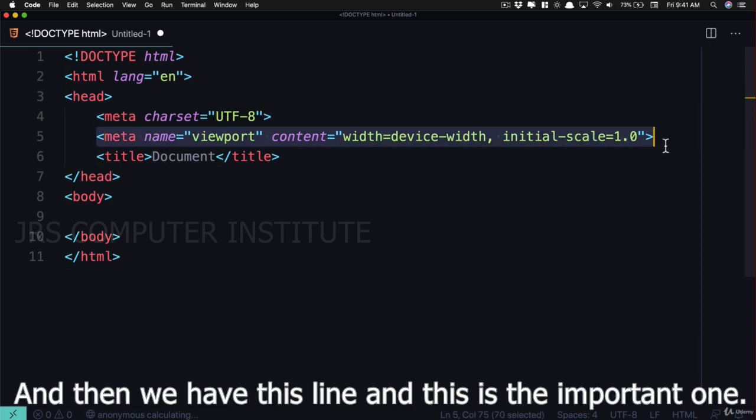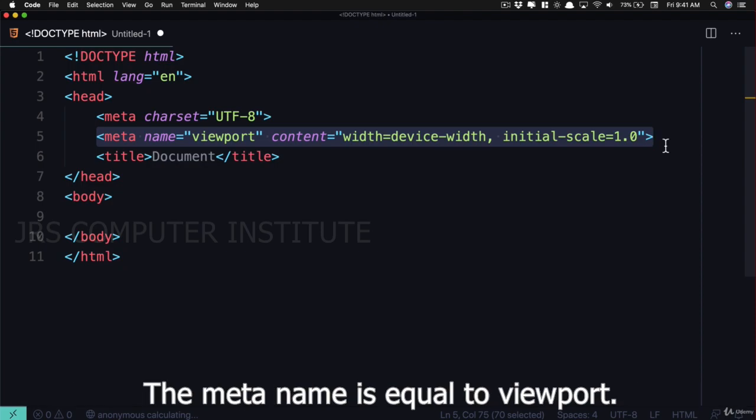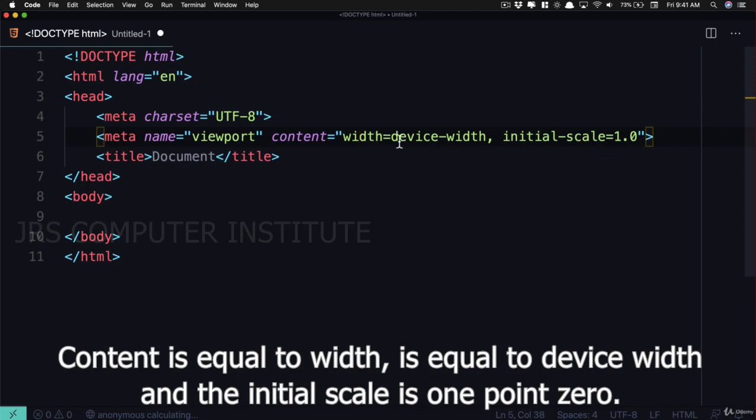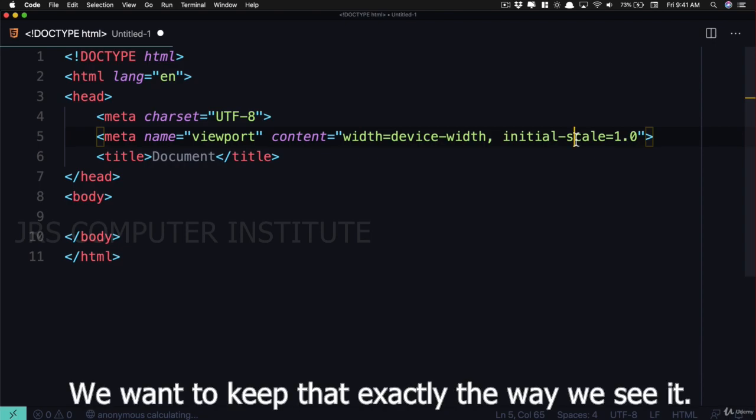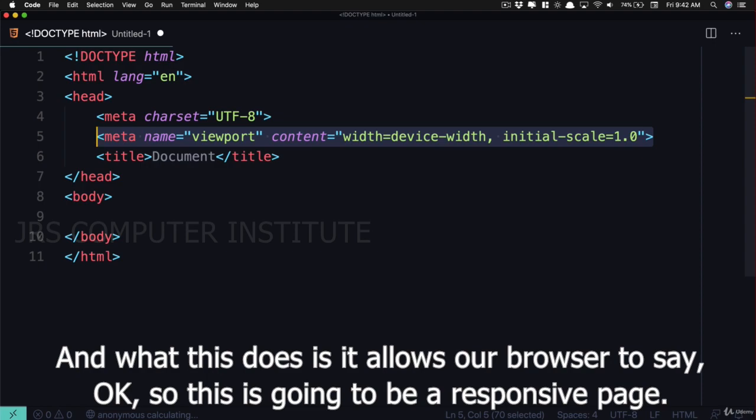And then we have this line, and this is the important one. The meta name is equal to viewport, content is equal to width is equal to device width, and the initial scale is 1.0. That is important. We want to keep that exactly the way we see it. And what this does is it allows our browser to say, oh, okay, so this is going to be a